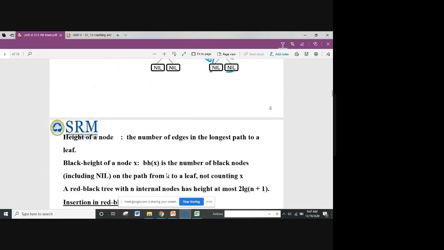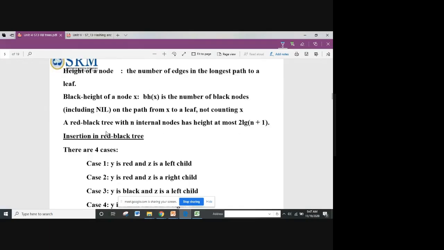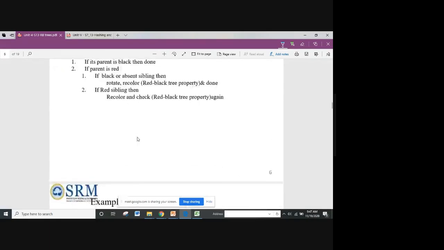So whenever you insert, normally in a binary search tree you look into both sides, checking whether the properties are being satisfied or not. Even when you do AVL rotation, I told you, you have to check the balance factor. The same similar concept applies here too: if a parent is red, the children should be black. Similarly, the black height should be equal. Okay, so these are all the things we are going to see one by one.